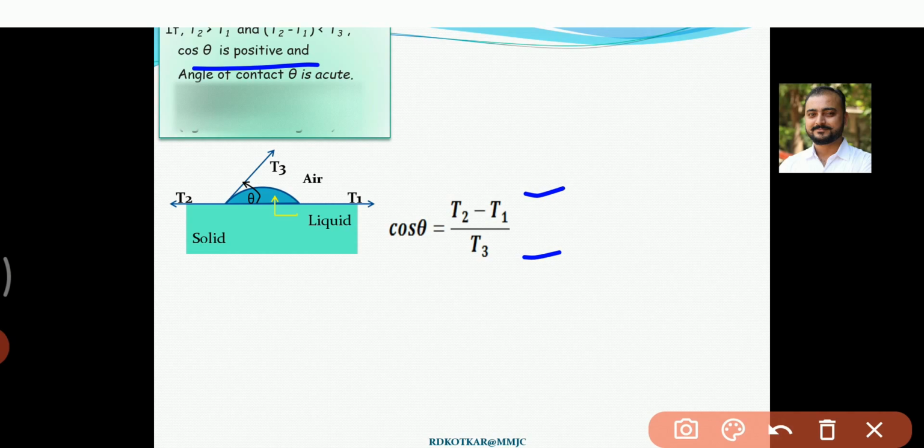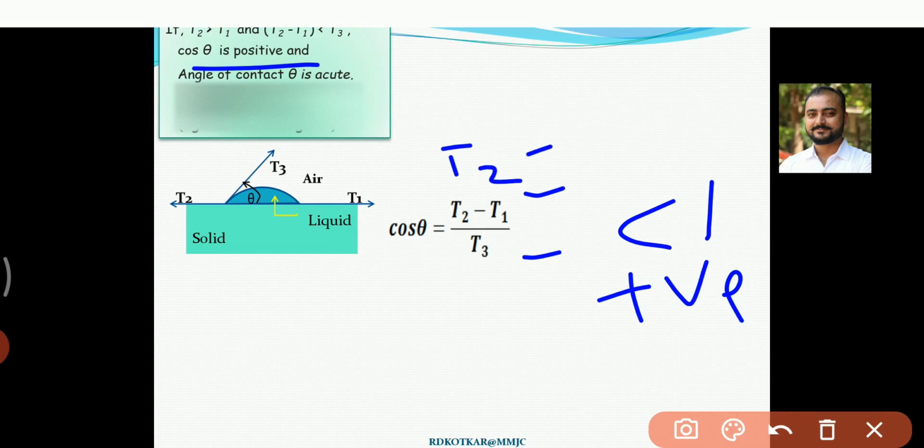As you make the division, cos theta turns out to be less than 1 but positive, because T2 minus T1 is positive. Understood? Then the angle of contact formed here is acute,